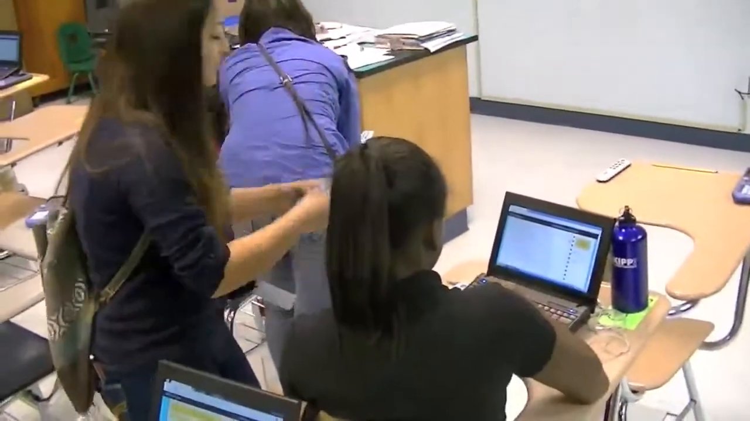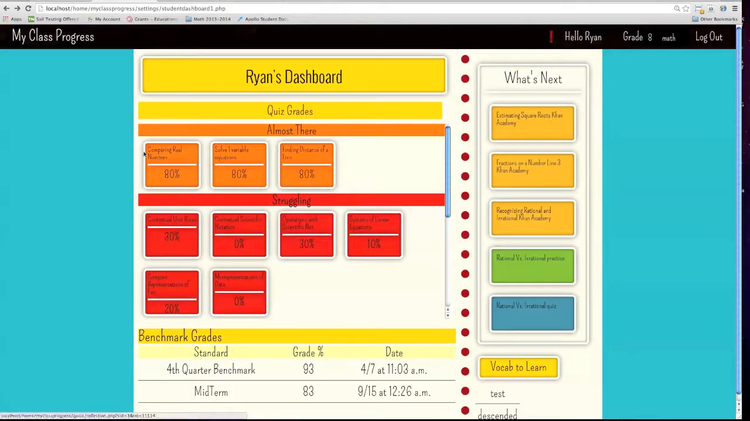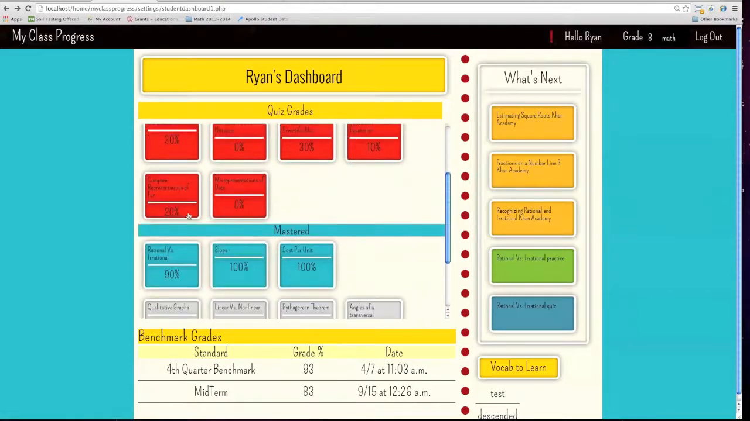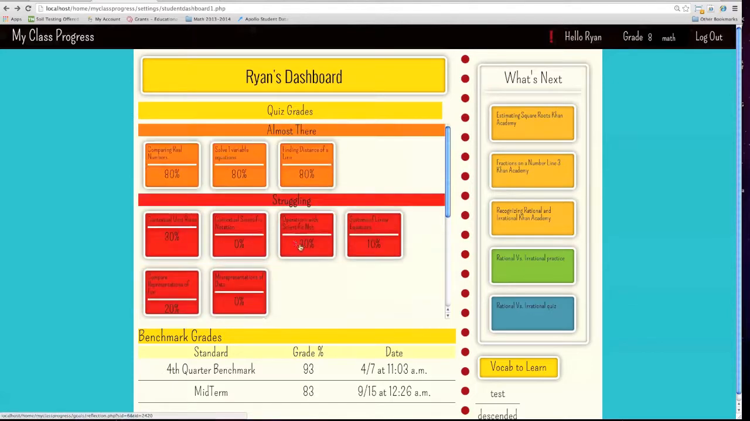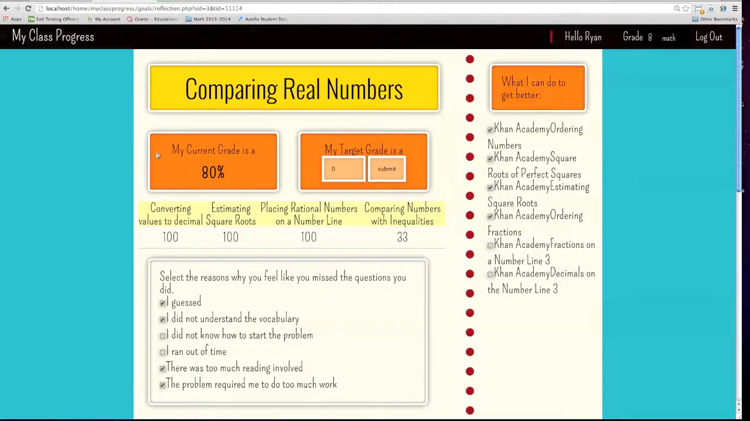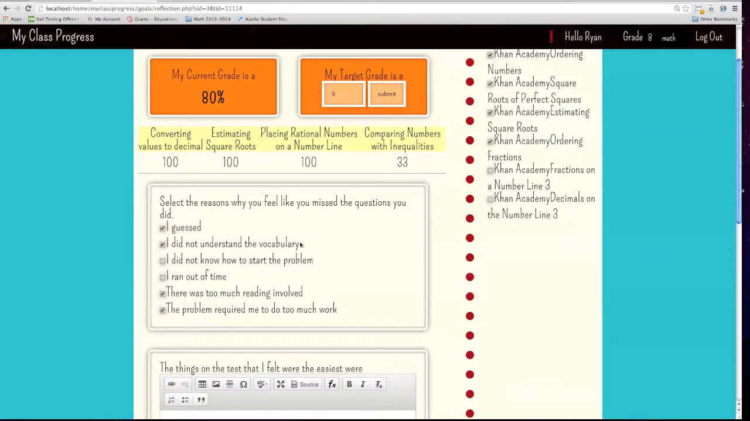on task. Students can see their progress for each of their standards, what they're almost there on, what they're struggling with, and what they have mastered. They can click on any of those standards to go to their data folder for that standard, where they can set goals, see what types of questions they got right and which ones they missed, reflect on why they missed